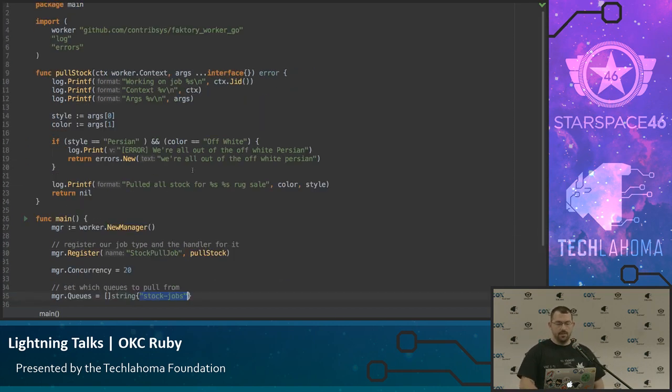I forgot to put it on my slide, but if I remember correctly last time I looked, there are currently, officially from Contribsys, worker libraries in Ruby and in Golang, which I've shown here. There are also implementations in JavaScript, Python, Elixir, .NET.